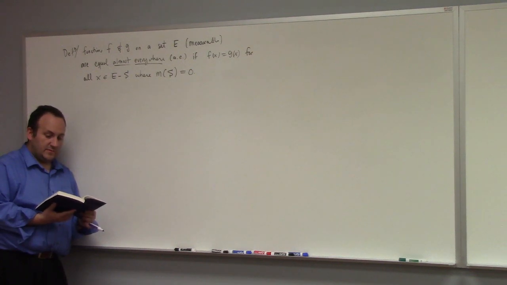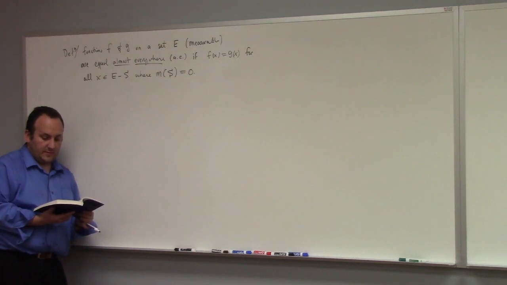Property 2 speaks to the composition of a measurable function with a continuous function. If f is measurable and finite valued, then phi composed with f is measurable. Property 3 is about sequences of measurable functions. It says that the supremum, the infimum, the lim sup, and the lim inf of these sequences of measurable functions is again measurable.